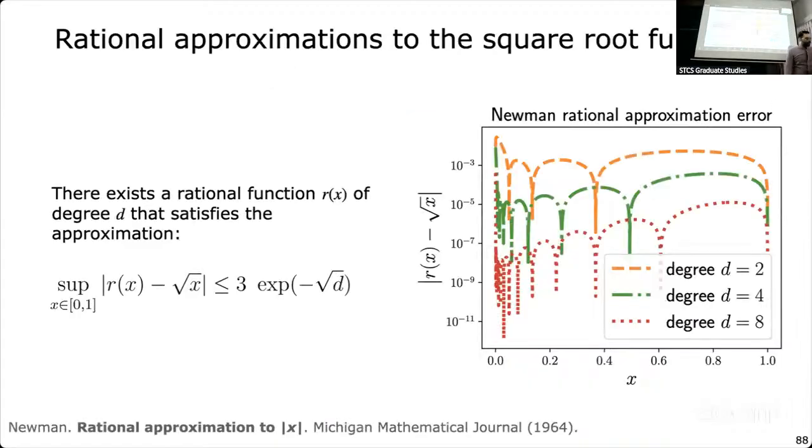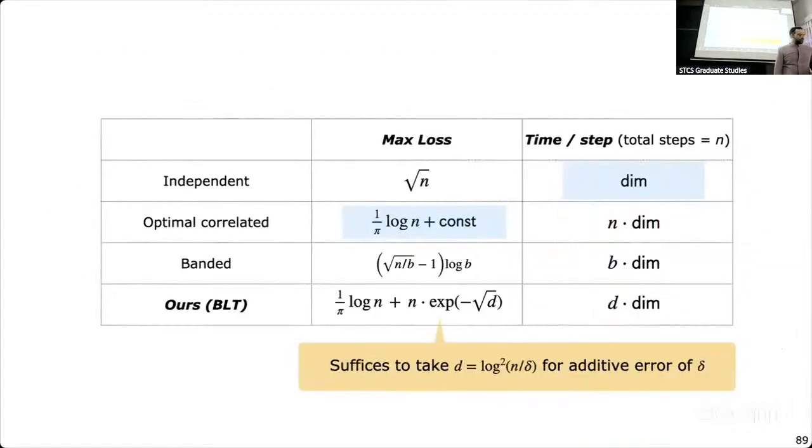Okay. So a similar result can be shown for the complex approximation as well. But assuming that's true for now, essentially this error term that we got is n times exponential of minus root d, right? So this d is the degree, much better than any polynomial approximation we can get. Right, it's exponential, which is fantastic.